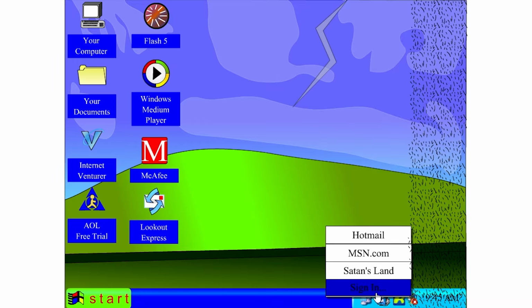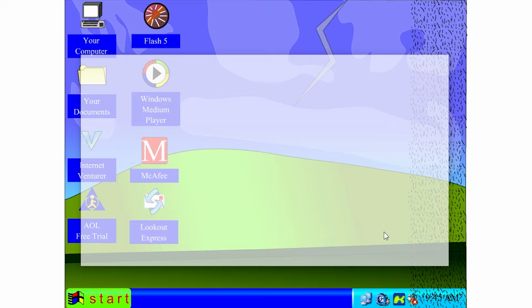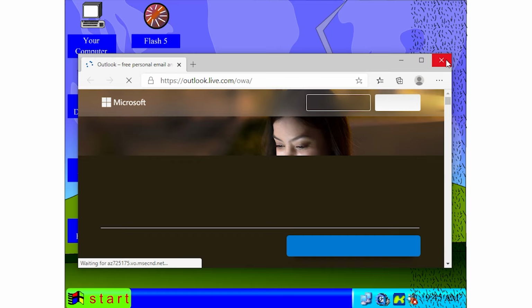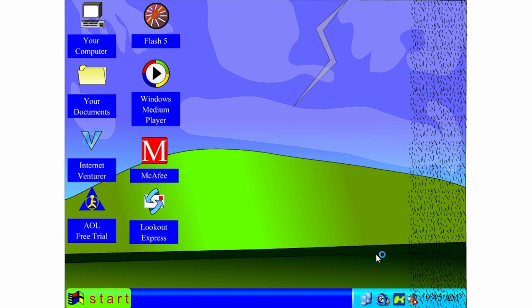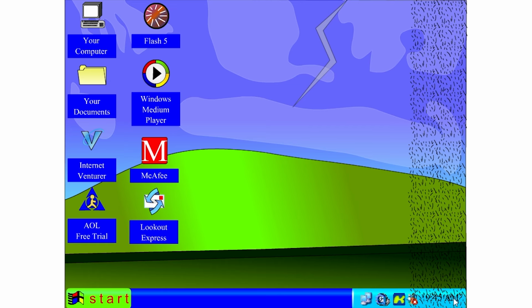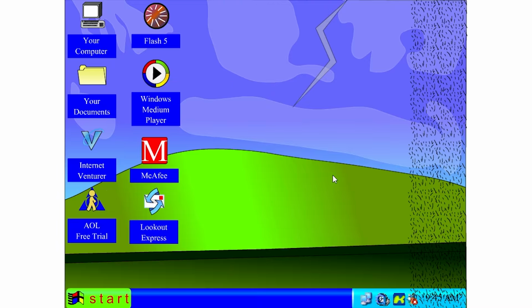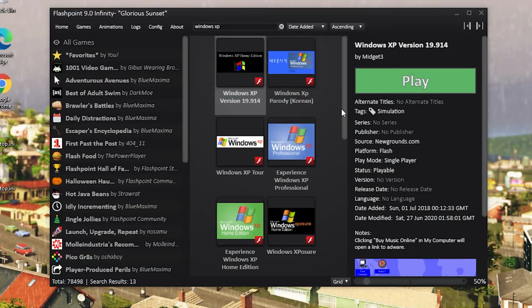And this is the same, sign in just opens up the same MSN Messenger chat window. You've got Hotmail, which actually opens up a legitimate link to hotmail.com, and msn.com opens up msn.com. So, okay, the freaking Satan's land is Netscape, oh my gosh. Okay, I think that's most of what I wanted to cover in here. Yeah, let's go ahead and move on, because I want to take a look at another one of these,